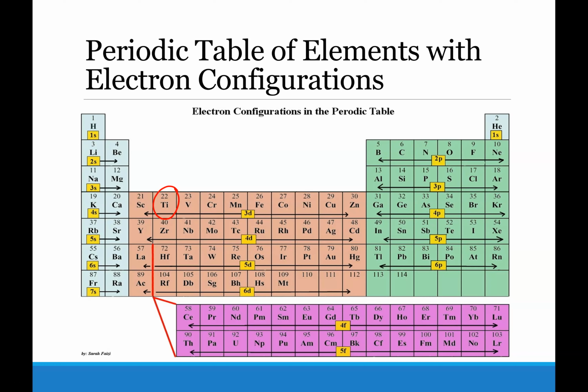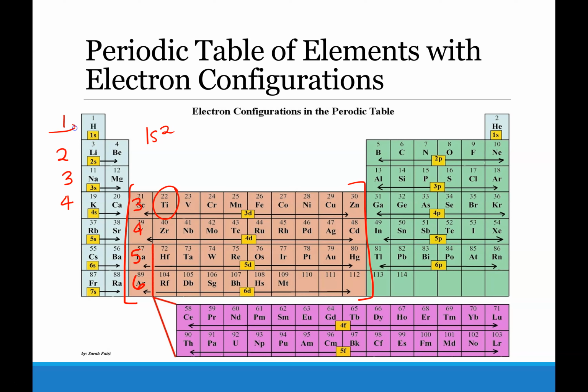So again, remember, when you're talking about S and P blocks, this is going to be 1, 2, 3, and 4. However, when you get to this D block, which is from here to here, this actually begins 3, 4, 5, and 6. That's very important to remember. So starting the problem, we have